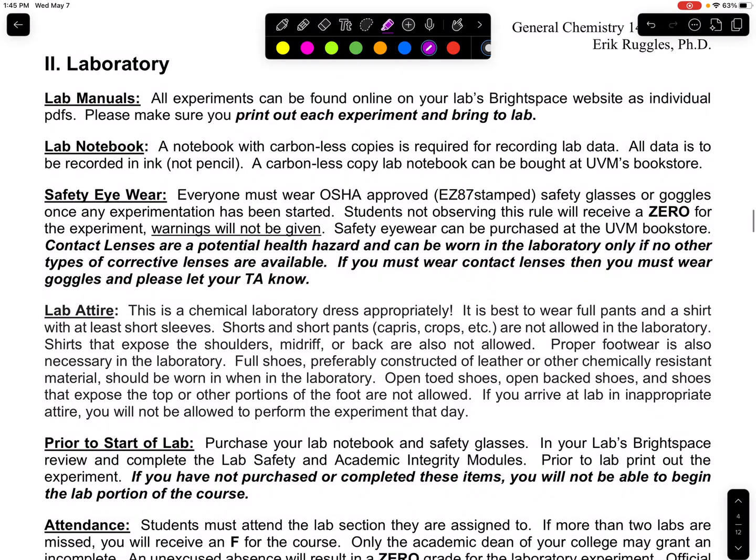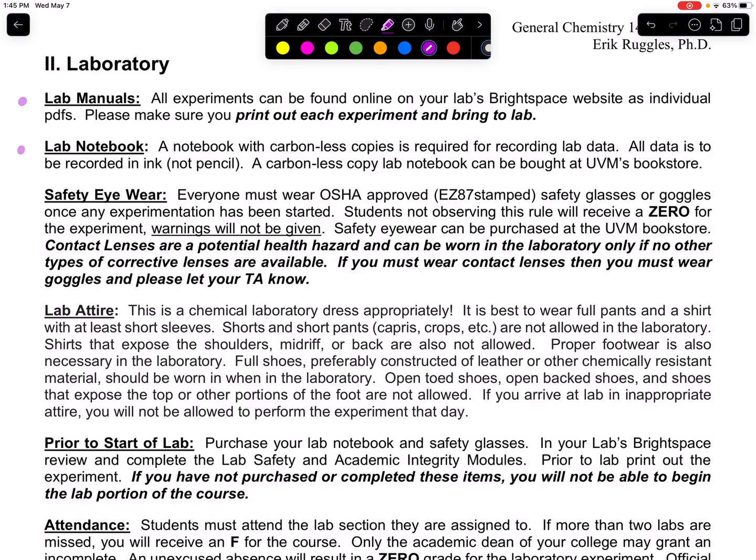For the laboratory, I'm going to leave pretty much most of this to when you go to lab. Your first lab on our first Wednesday is really a check-in and just getting you oriented with the lab. But there are some things you need to get together before that point. Lab manuals you'll find on Brightspace. These will come out within the Brightspace course. I don't believe they're posted just yet, but they will be posted in a very short time frame. Our lab director, Christine Cardillo, handles the laboratory side of this course, so she should be posting that information soon.